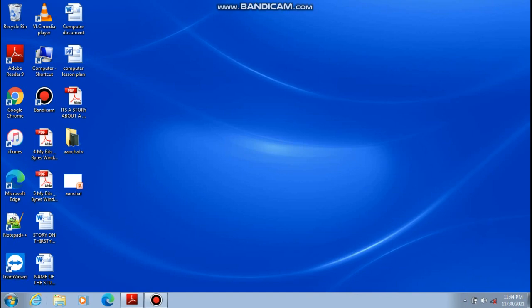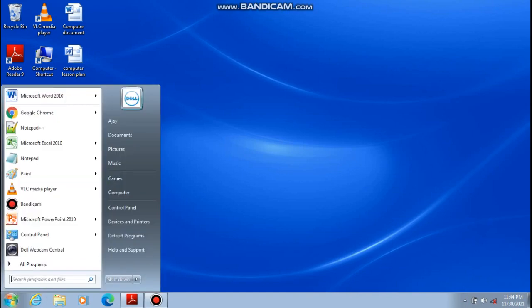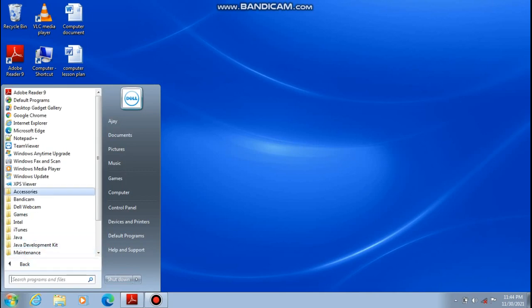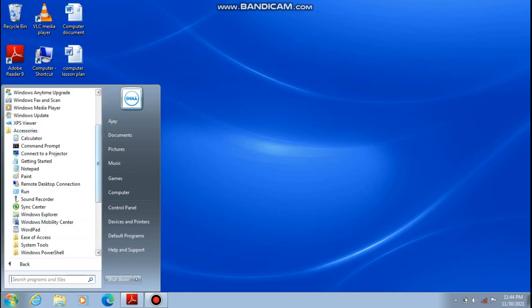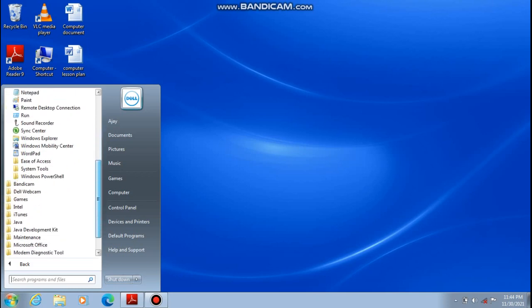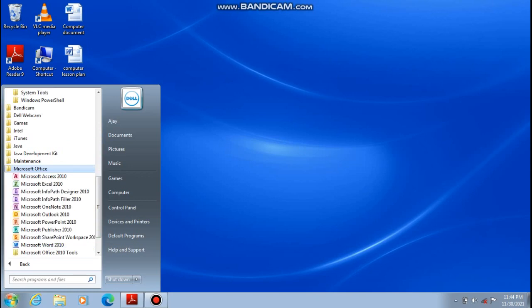Then go to the start menu that is given over here, click here, go to all programs, then go to accessories, then select Microsoft Office. Now after opening Microsoft Office you can see there are several Microsoft softwares here: Microsoft Excel, Microsoft PowerPoint and Microsoft Word. These three are the very important ones.